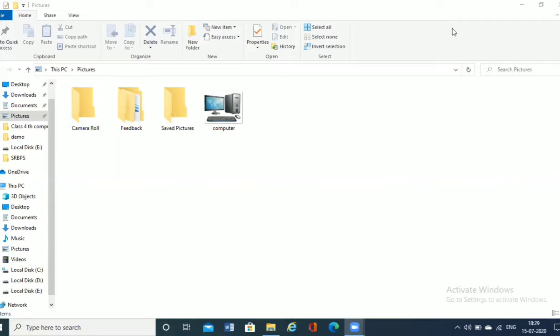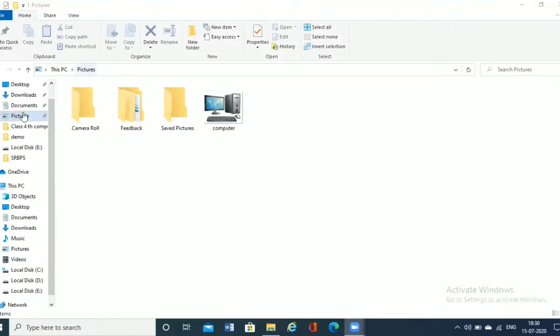Once again, I'll repeat it: the Move to option helps you in shifting the particular file, folder or image to any other place which you want, and it actually removes it from its original position. So we will try to do this.